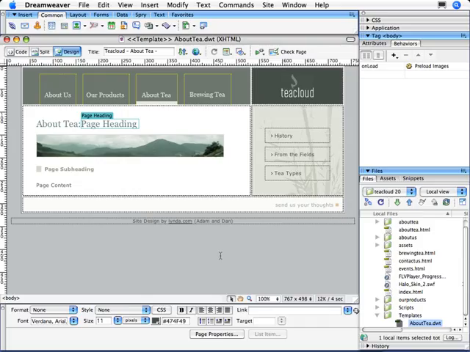If you've watched all the movies up to this point, you probably have a pretty good handle on how to use Contribute to edit and update a website by now. So in this chapter, we're going to cover some important information you'll need to know if you intend on being the administrator of your site.